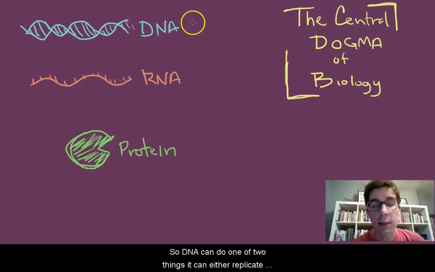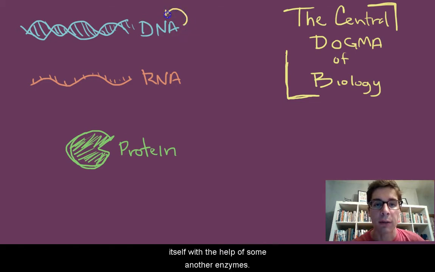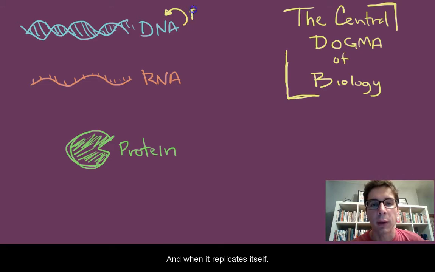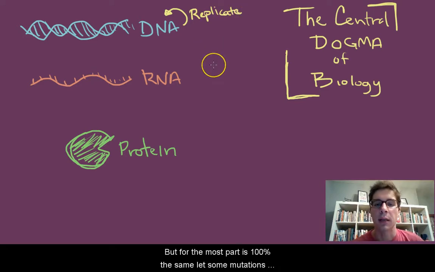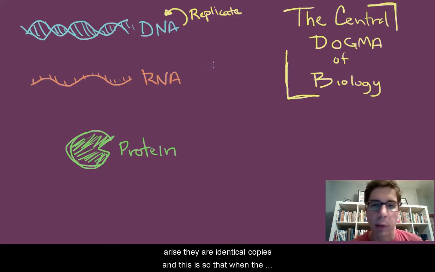So DNA can do one of two things. It can either replicate itself with the help of some other enzymes, and when it replicates itself, it's just making a second copy that, for the most part, is 100% the same. Unless some mutations arise, they're identical copies. And this is so that when the cell divides, each of the two cells has a complete copy of our